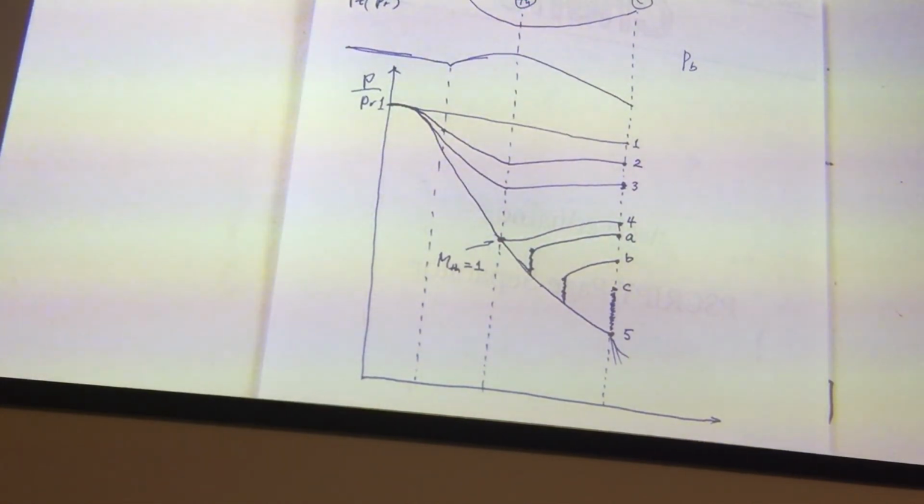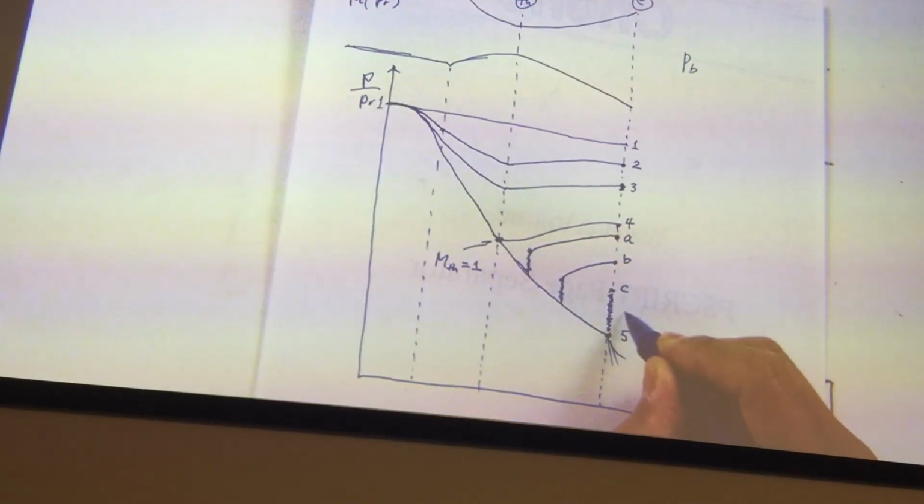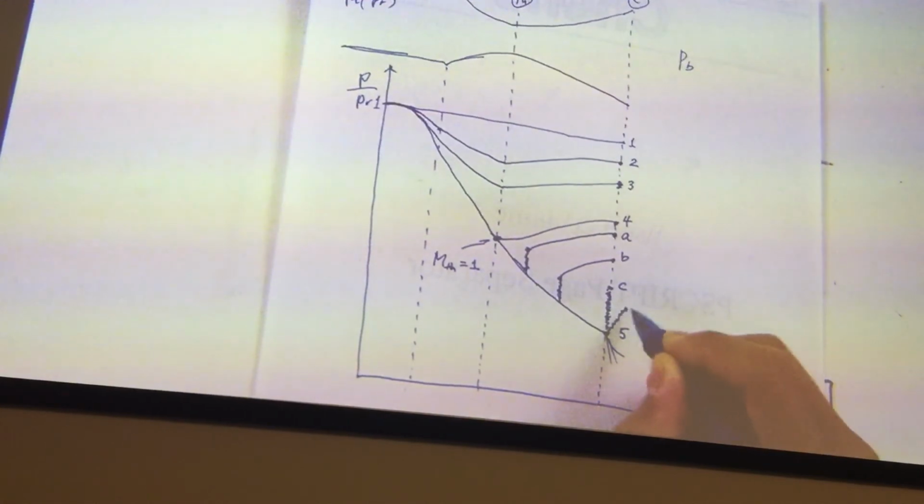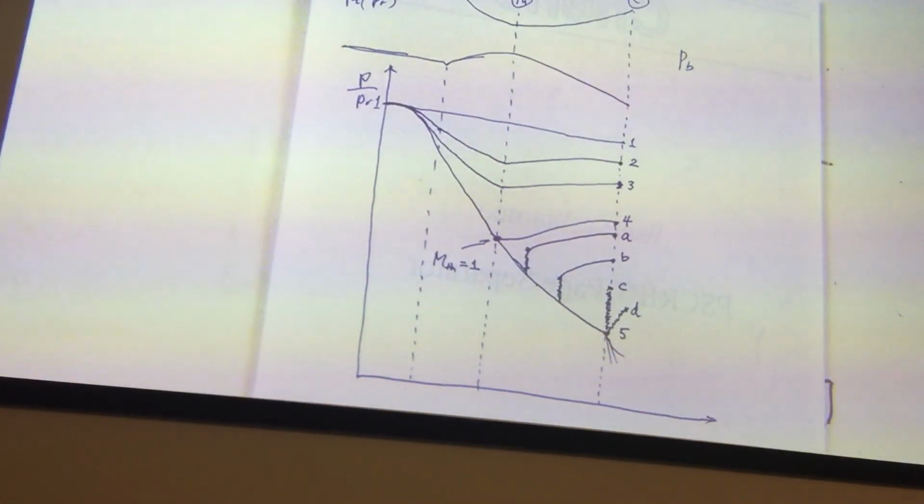So between C and phi, what you would have will be oblique shock wave outside the nozzle. So for example, if you have a condition D, then this is what I would draw. Oblique shock wave gives you condition D. Okay? So we will come back and continue on this. So if you make notes, don't throw it away. We will continue. And this is the part that